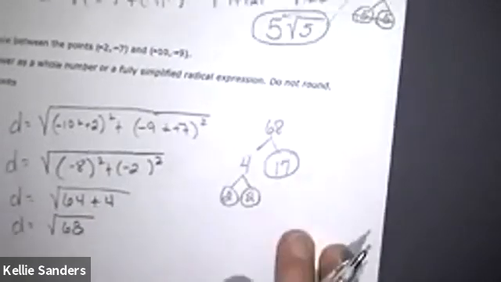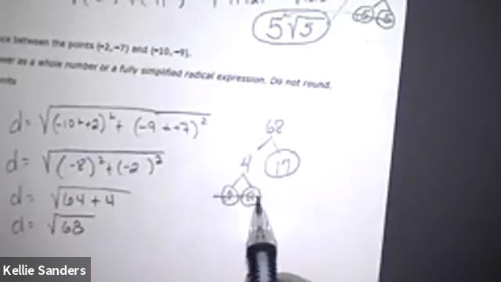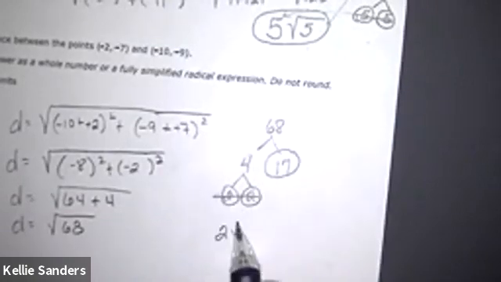Now we're going to look for our pairs. Do we have any pairs? Yes. So whatever the pair is made up of goes outside, and whatever doesn't have a pair has to go back inside. Again, my calculators will do it for you, but that's how you do it if you do not have the calculator that simplifies